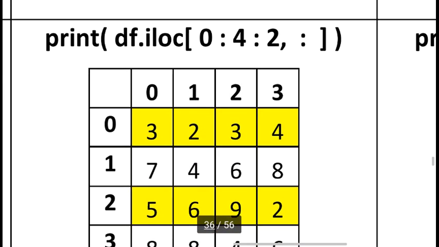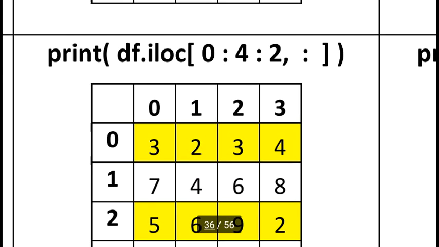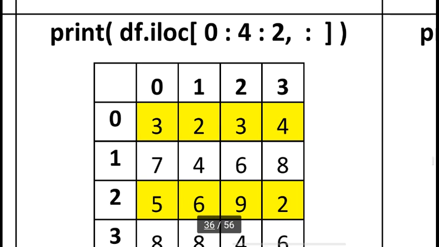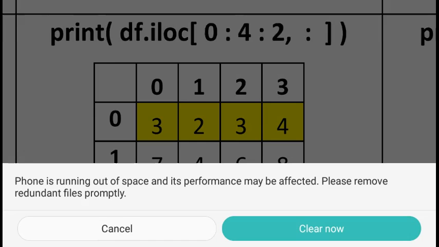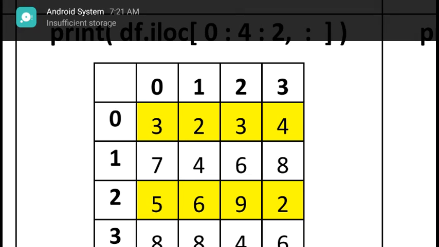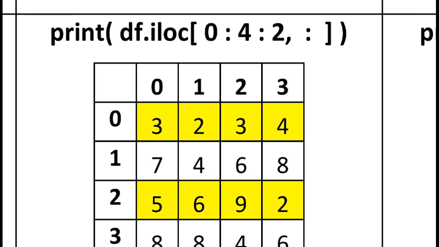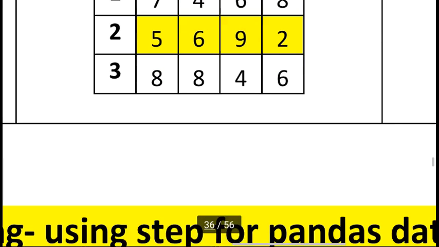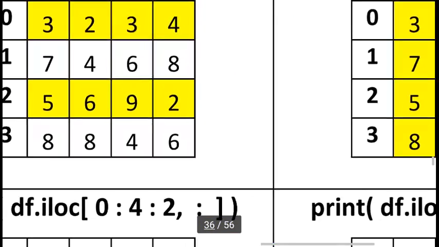Here I am using 0 colon 4. Okay, but here the gap is colon 2, so the 0th row is included, the first row is not included, and the second row is included. So this is shown.